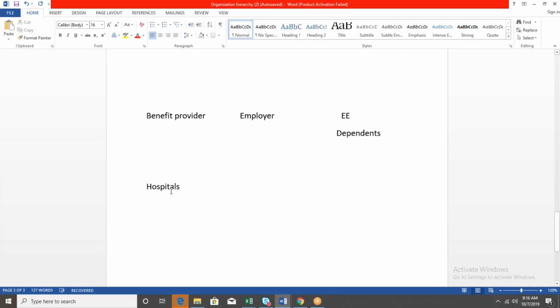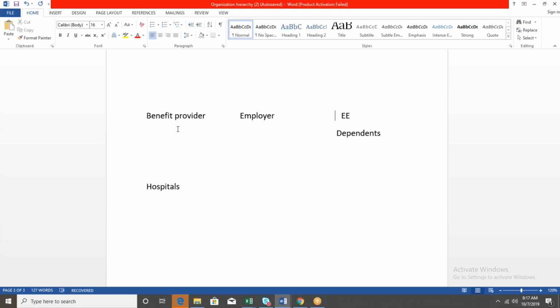The employee directly reaches out to the hospital and displays the card, and the hospital will check whether it also has some records from the benefit providers. If this employee or dependent ID is available in their records, they will immediately start the process. The employee has to send all the bills taken from the hospital to the benefit provider, and they can claim. That's how healthcare will work. It's just an overview I'm trying to explain here.